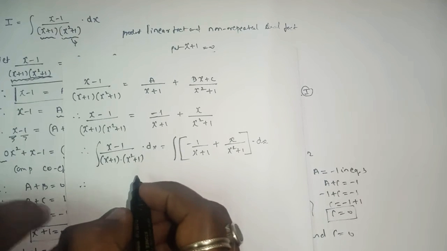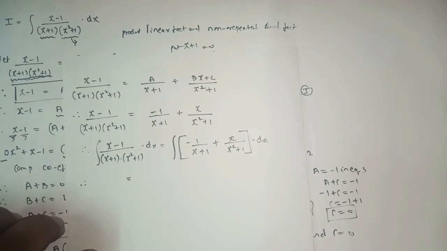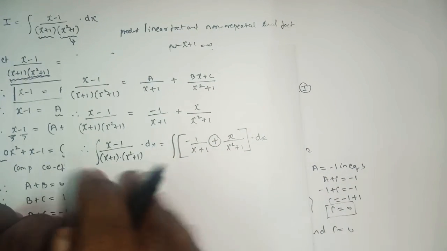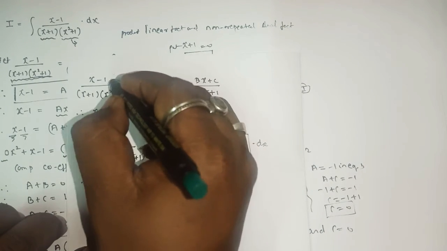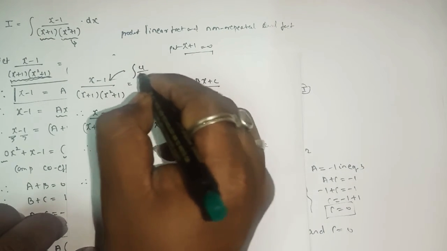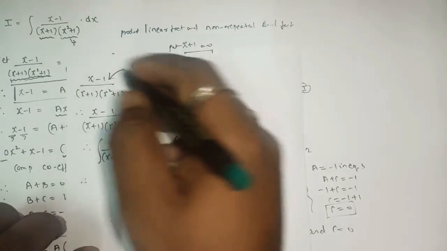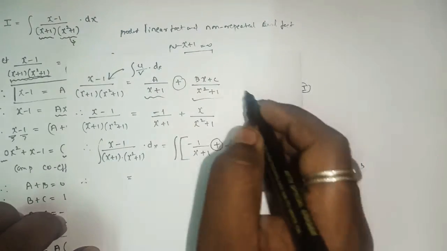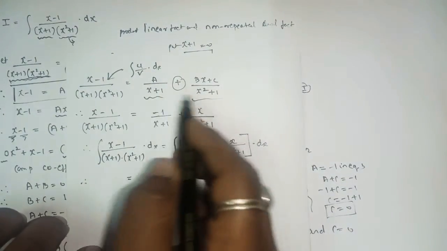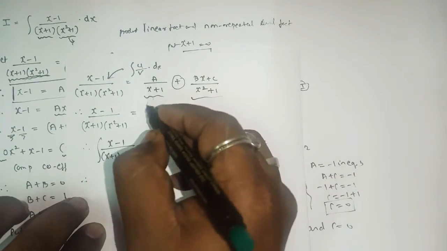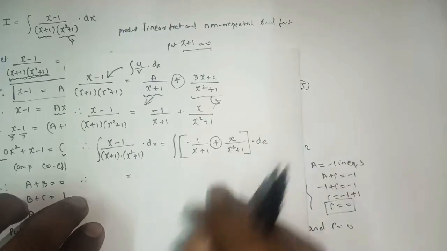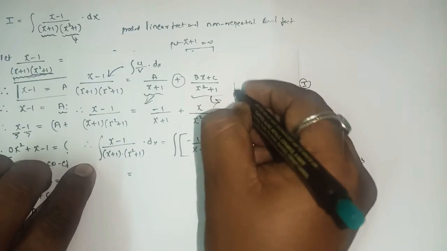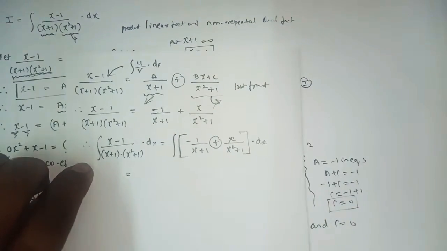Therefore, further, here we have a plus and there are two different terms. As we know, we cannot find the direct integral here because we don't have a u by v rule. So we have to arrange the function in such a way that we get two different terms, and easily we can integrate each section separately. This pattern of arranging the sum is known as what? Partial fraction, yes or no?